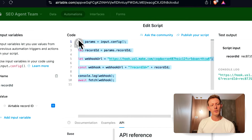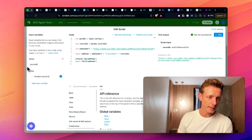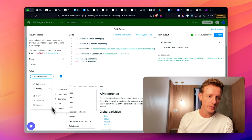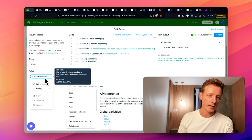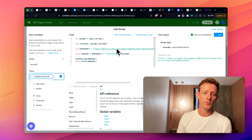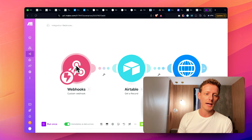I'll make sure to put this script in my free community too. And then all you do here is type in record ID, exactly like here. And then you choose what you send over. So in this case, the Airtable record ID. So we're only sending over the record ID to make to this webhook, right? And basically then we get that